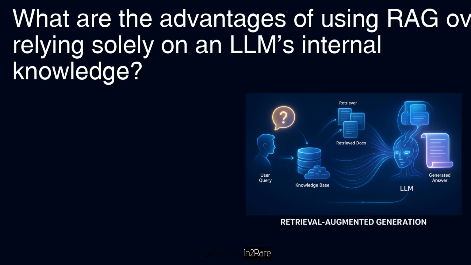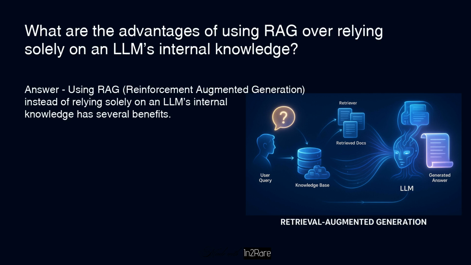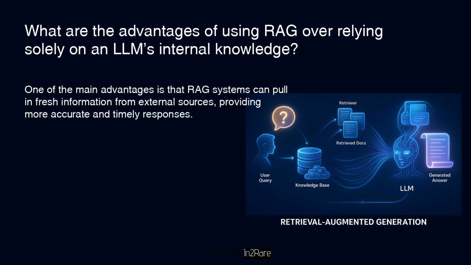What are the advantages of using RAG over relying solely on an LLM's internal knowledge? Answer: using RAG, retrieval augmented generation, instead of relying solely on an LLM's internal knowledge has several benefits. One of the main advantages is that RAG systems can pull in fresh information from external sources, providing more accurate